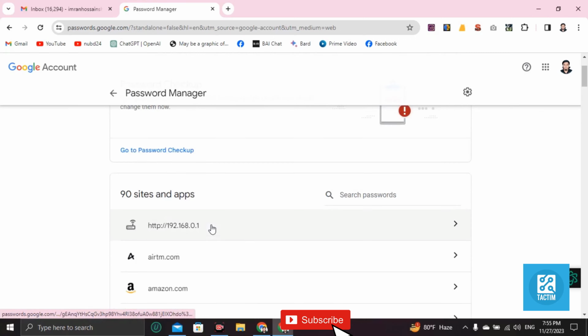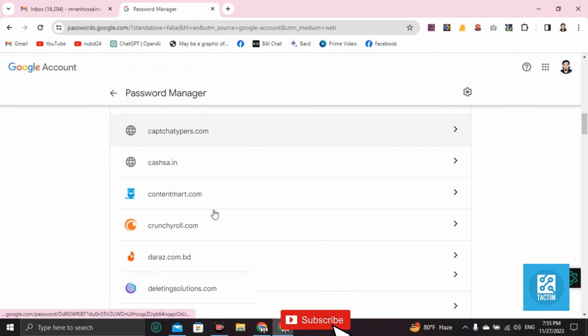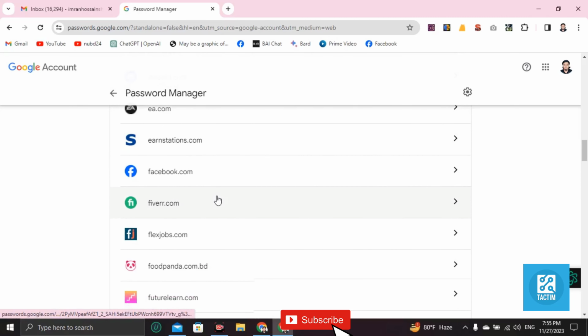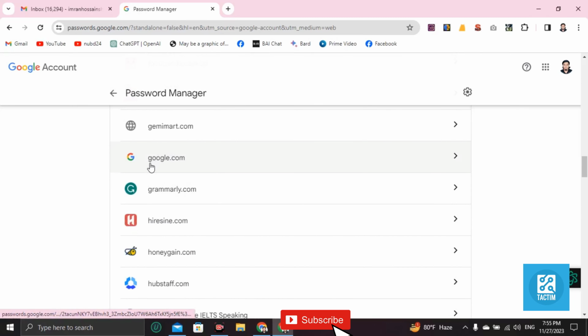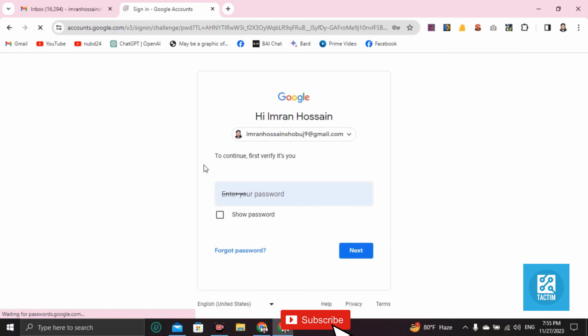Now scroll down and search for google.com. This one, google.com. Click on this. The password will be entered automatically by your browser settings, so you don't need to put in the password. But if you want to see the password, click on Show password, or if you want to see the password from Password Manager, click on Next,